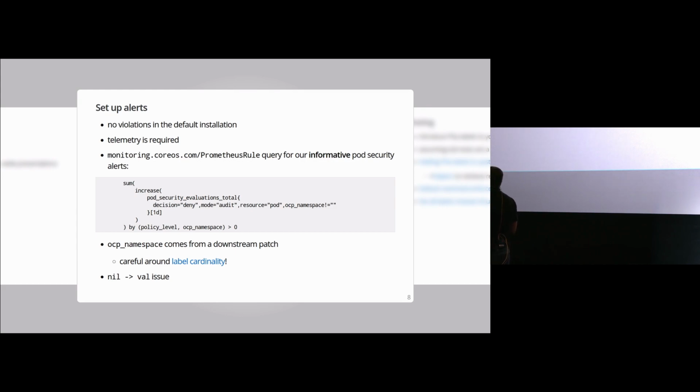But the thing is, whenever you're updating from a nil value, that means you've got some uninitialized label here, and that's quite common, right? You don't know which namespace is going to be denied. When you're going from nil value to something, the increase doesn't happen. It doesn't tell you that an increase happened. So only a value to value